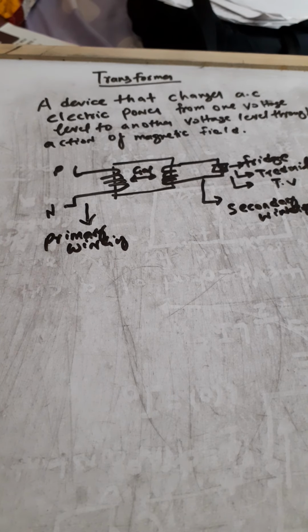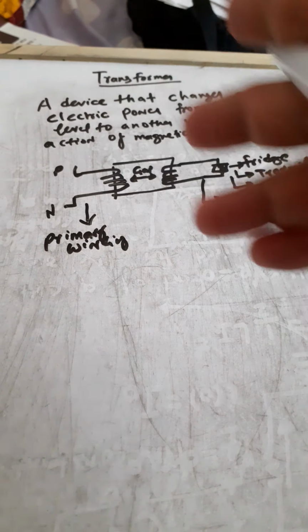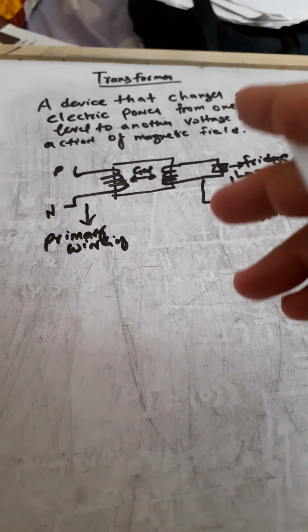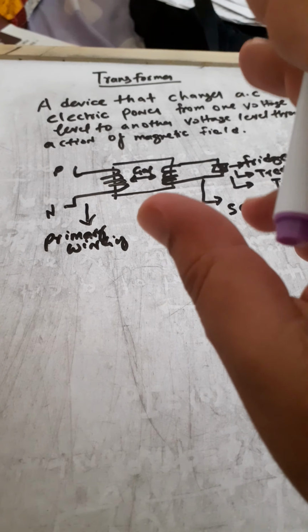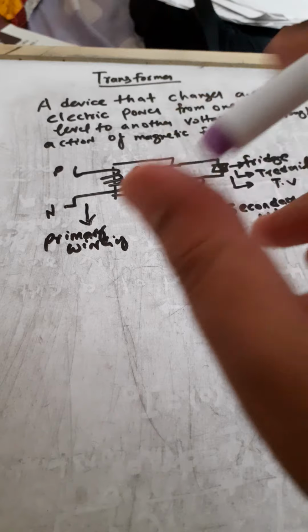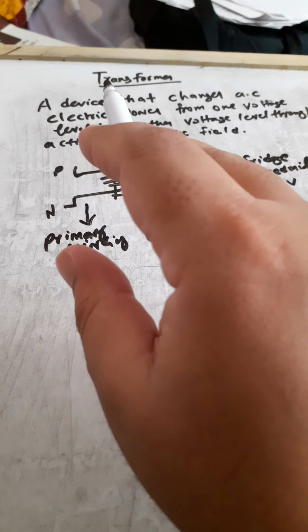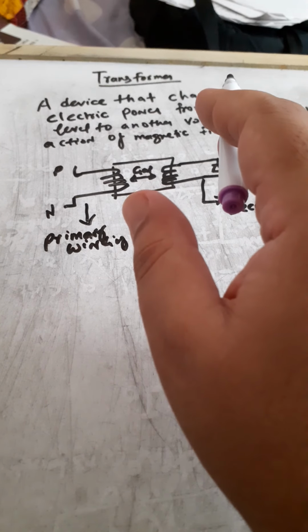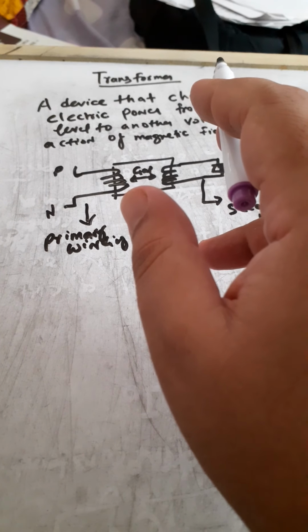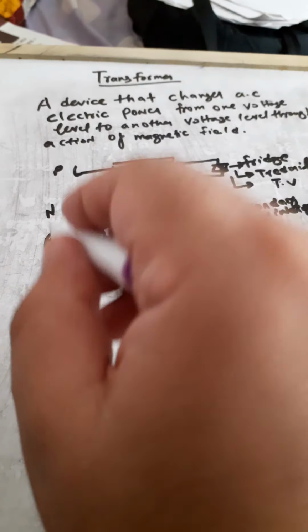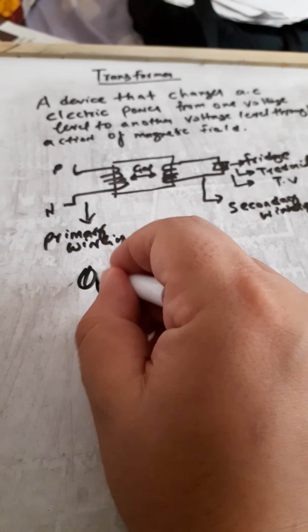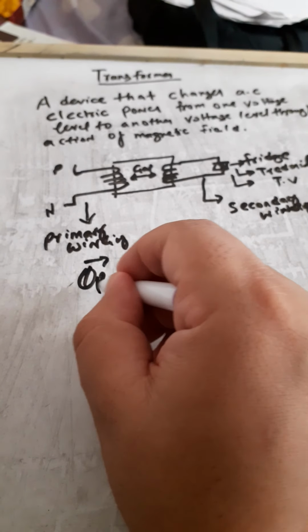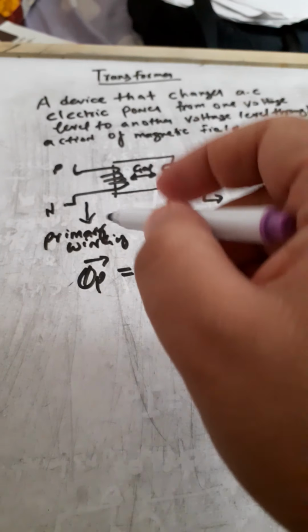Basically what happens is that because of the supply voltage, some flux is getting established. So this portion of the flux that goes from one transformer coil and links to the other transformer coil is called the mutual flux. So basically the total flux that is getting established in a transformer,